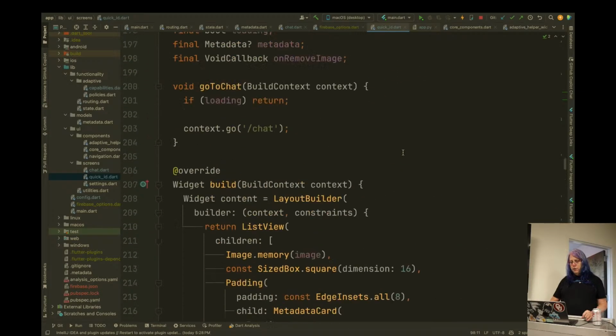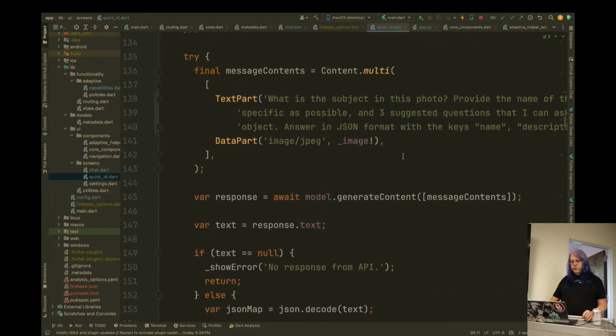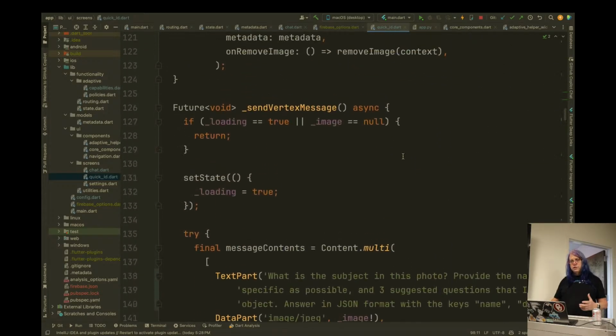But if we come back here and take a look at what happens with the Vertex, this is the send Vertex message. This is the secret sauce. If we've got everything else plugged in, follow those instructions. I don't really understand it, but basically, if you've got something up in the cloud that you can make a generative AI query on, then we're good here. So if we take a look here,